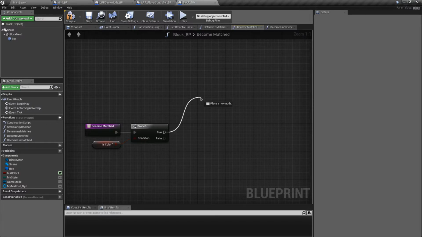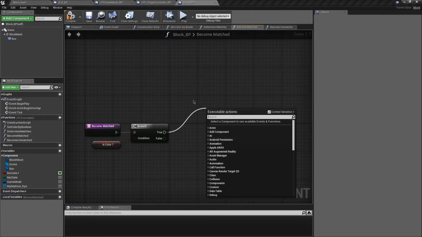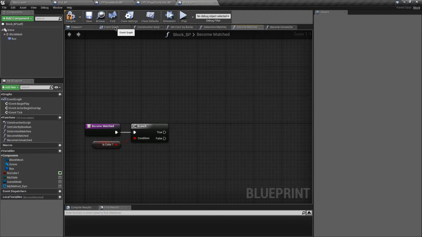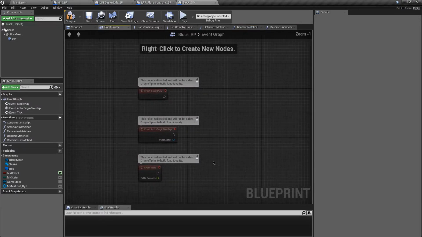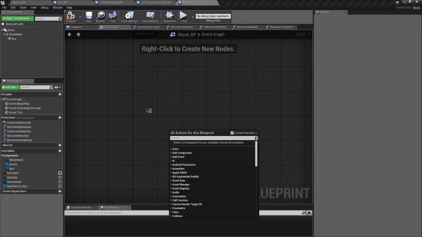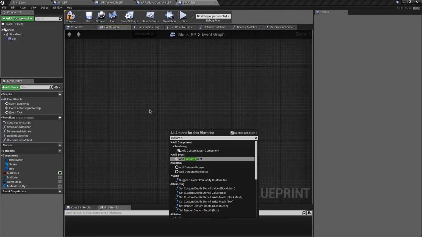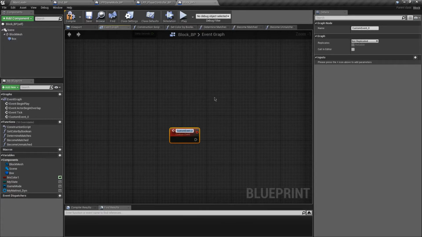Anyway, let's make a call to an event. Now, as far as I know, timelines have to exist in the event graph. Like, you can't do them within functions. So let's just create an event here called add custom event. Let's make an event called color 1 transition unmatched to matched,